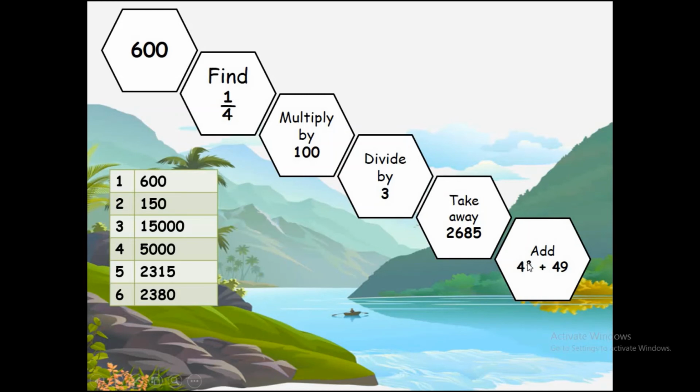Then we do 4 squared. So we have to do the 4 squared bit first, which is 4 times 4, and then whatever we find there, we add the 49, and then we add it on to our 2,315, and your answer should have been, at the end of all that,